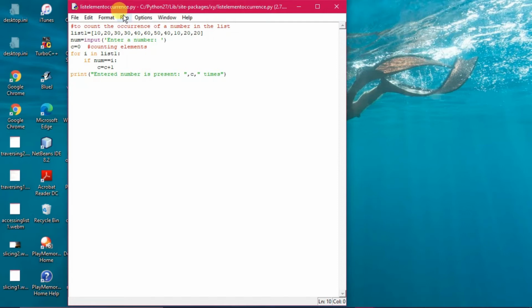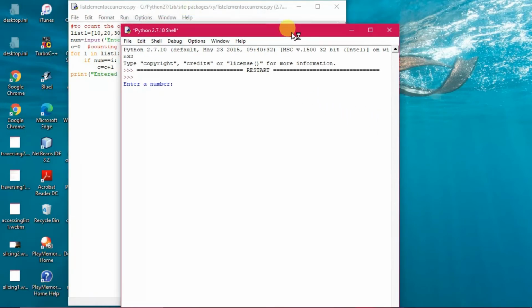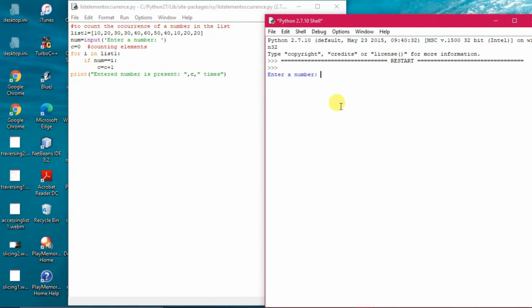Now, when we execute this program with run module, you see it is prompting me to enter a number. Suppose I enter 79. You see what comes: 0 times, because 79 does not appear in this list. Every time, each value is compared with the entered number, because for i in list, i takes the values from the list object and is checked against the number.